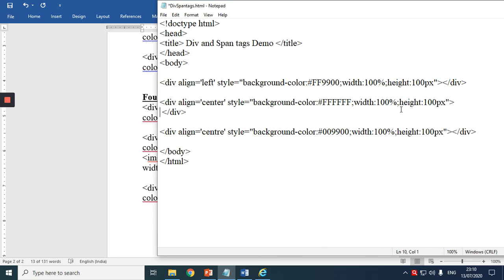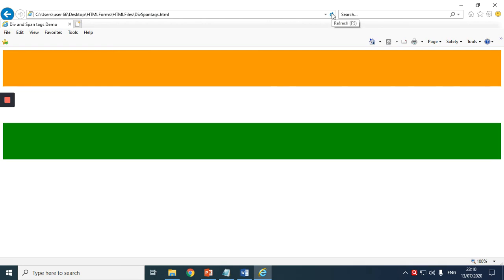Control X, Control S. See, this is orange color, FFF is white color, 00 is black color, and this should be green. I hope this should be green. So refresh. Okay, see, you can see the Indian flag has come.